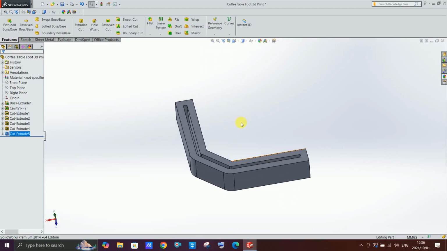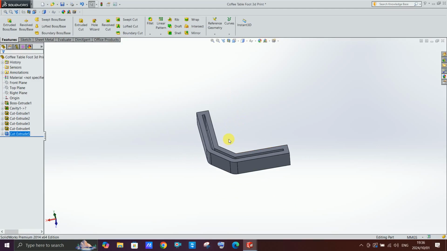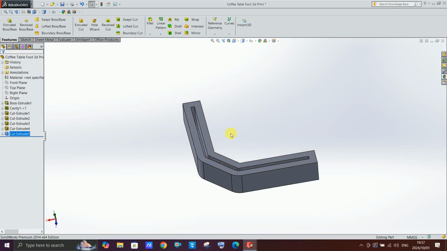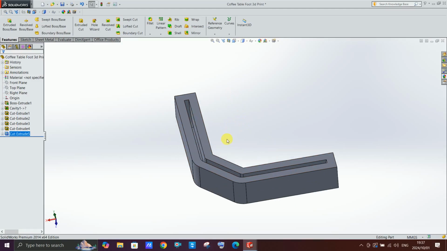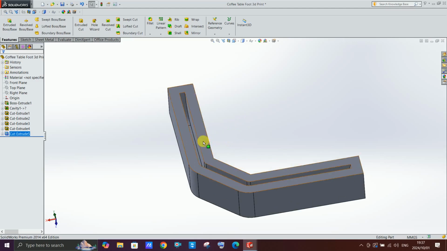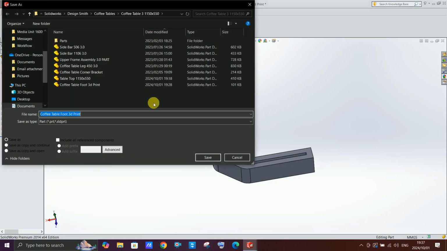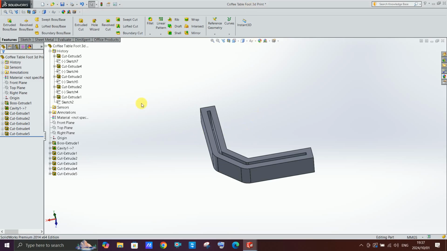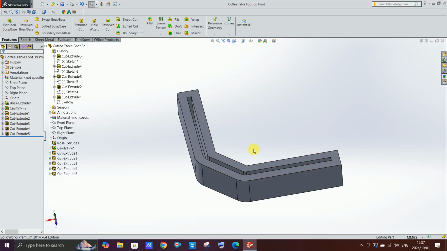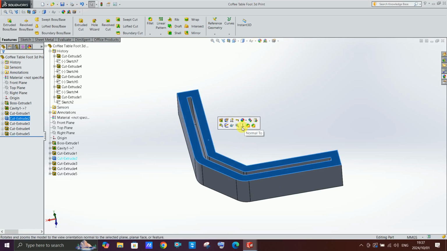So now this is where the loft comes in. Okay, so what I'm going to do is, let me just save this first. I don't want to do it again. Oh, it's already saved. Let me just Control S. Okay, so what I'm going to do now is select the face, normal 2,